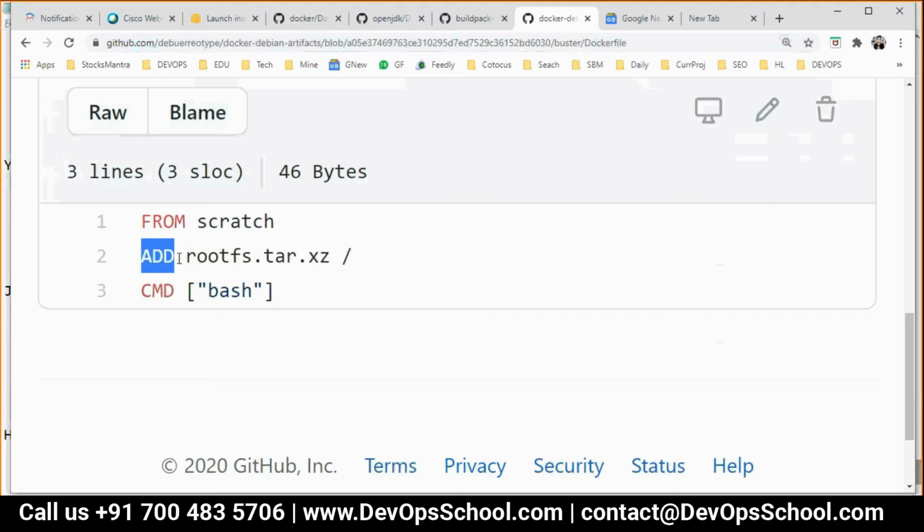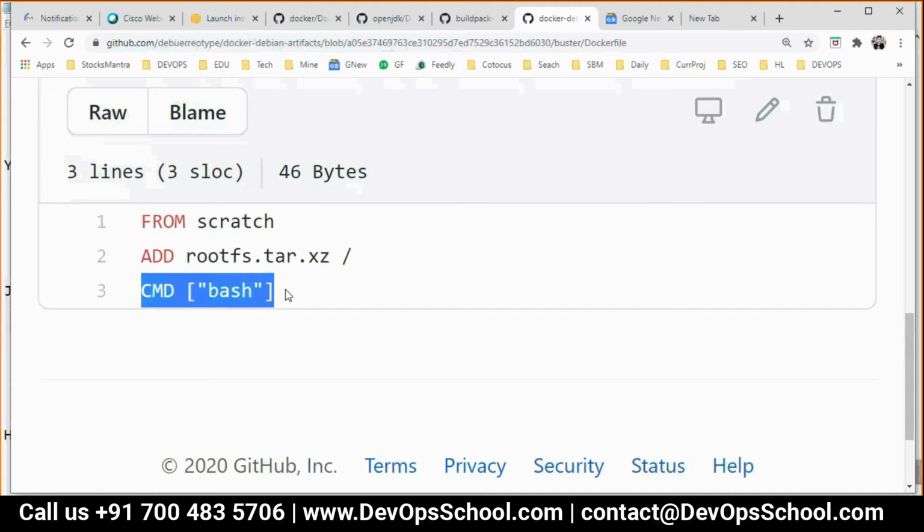ADD means it is the same as CP, with one more additional command. CP, copy, you use, right? Copy is for copying the files inside the container. So in the same way, ADD is a way to add this file at the root location in the container. Because I told you, remember, every line in the Dockerfile will create one container. So from here one container will be created, and then this file will be added at the root, but it will also be extracted in the root.